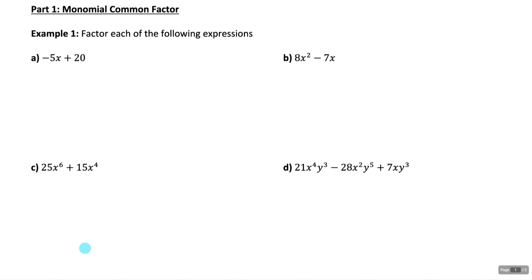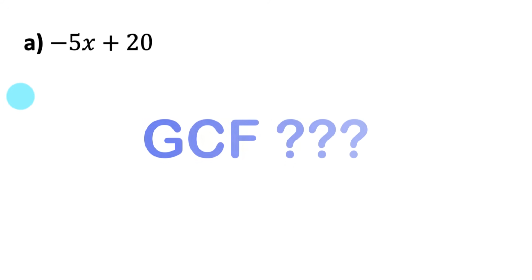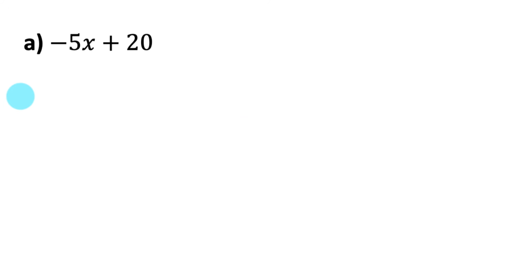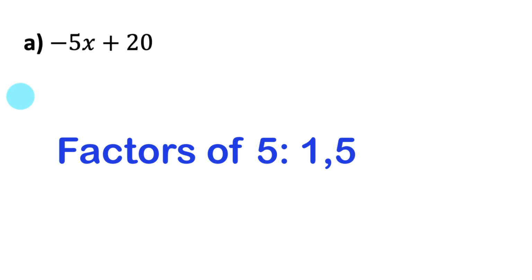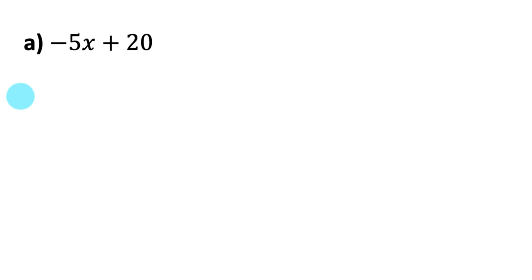So how we do that, if we look at example A, we look at both terms, negative 5x and 20, and figure out what is the greatest common factor between those two terms. If we think of 5 and 20, the factors of 5 are 1 and 5. The factors of 20 are 1, 2, 5, 10, and 20. The greatest common factor between 5 and 20 would be 5. And since the first term of my expression is negative, I'm going to remove a negative 5 as my first